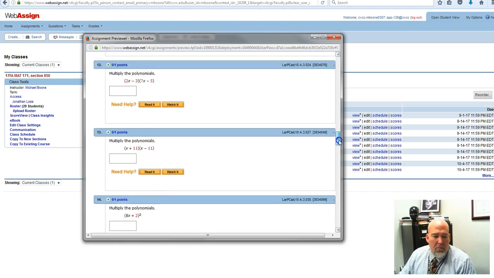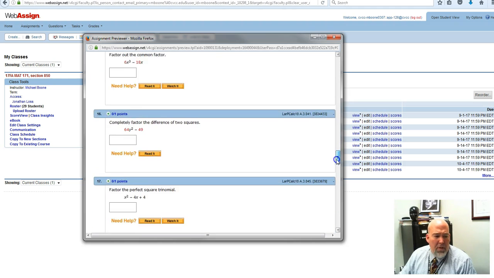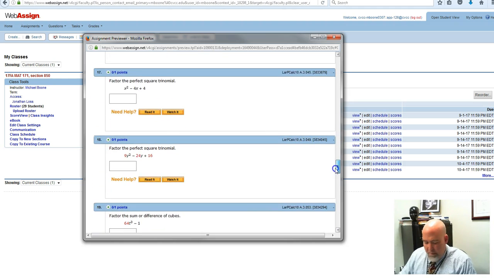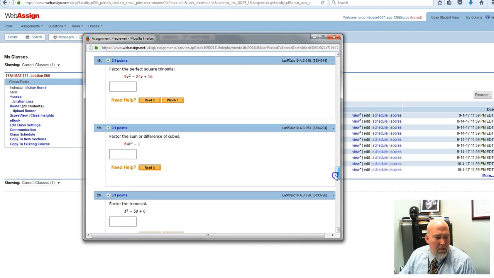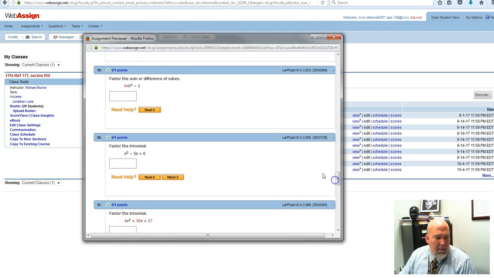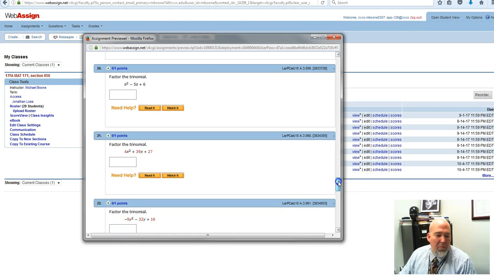I'm going to have a supplemental video that I make that shows you how to factor some of these, but looking at them, like on number 20, this is just a nice polynomial with a degree of 2. It has a 1 as a coefficient, so these are the easy ones to do. The ones that become a little bit more complex is something like this, 21, where you have to figure out,